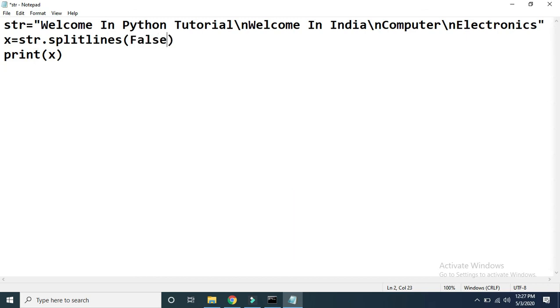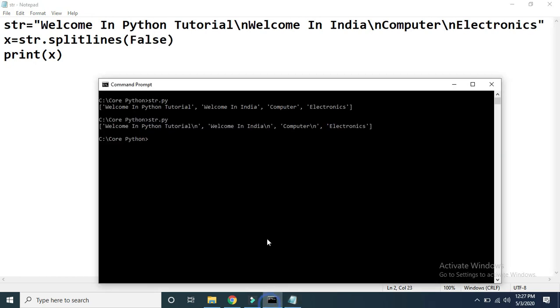If you do not pass any parameter for splitlines, the default value is false. After adding false, it will remove that \n. So by default the parameter value for the splitlines function is false, and if you pass true, it will include \n in the output as well.